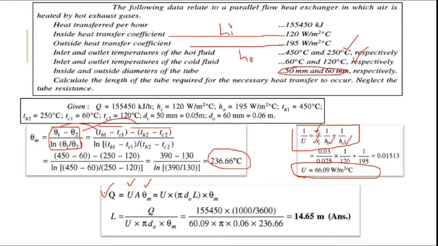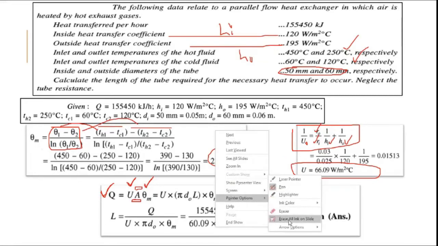So we have the Q value with us, we have the capital U value with us, and we have the theta m value with us. Now note that this area will be the same area for which the overall heat transfer coefficient was determined. Here we have determined the overall heat transfer coefficient for the outer area, so make sure that this area term is also the outer area. If you use the formula 1 by Ui, then this area term should be equal to Ai. It should not be A0. Are you people getting this thing? Yes or no?